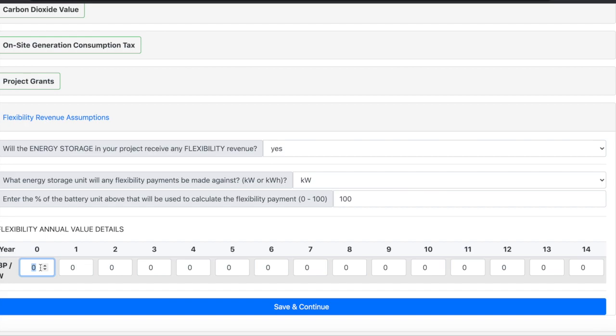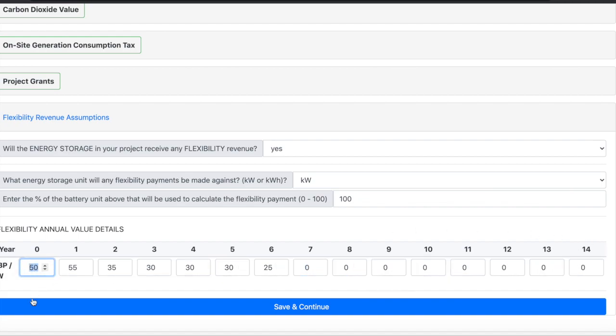We then have the actual values. Because this is not necessarily based on an inflation rate, a lot of the time people will say, well, you're going to get this amount in year one and this much in year two, etc. So effectively, what you need to do is put the values per year into here. I took an example of 50, and next year it might be 55, and then we think that after that it's going to go down to 35 and 30 as more participants come into the market, and then maybe it goes to zero. But whatever you think you're going to receive over the project lifetime, my project life is 15 years, you put